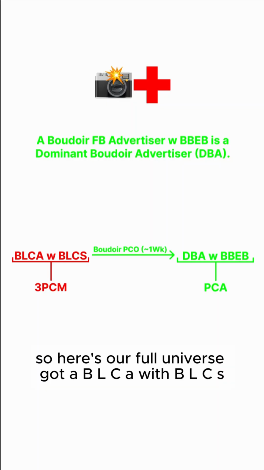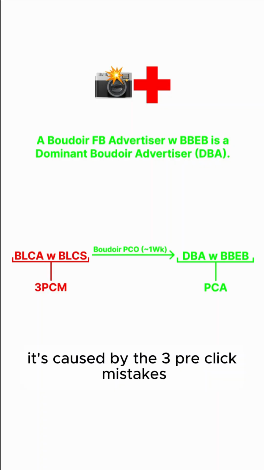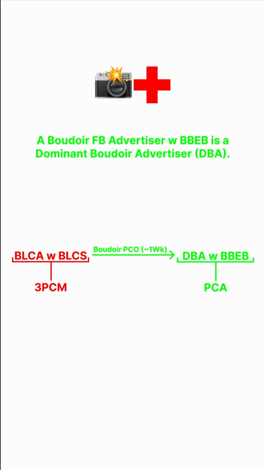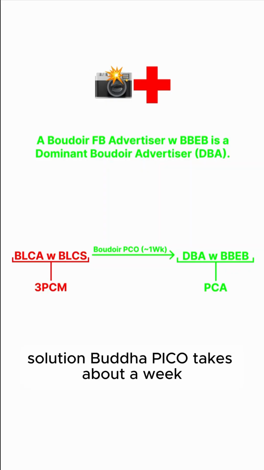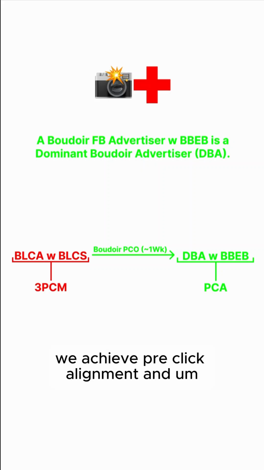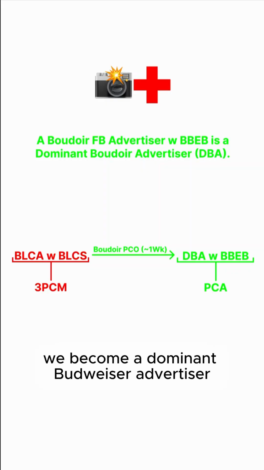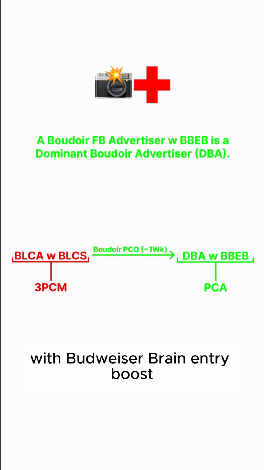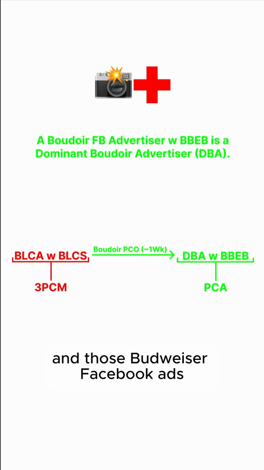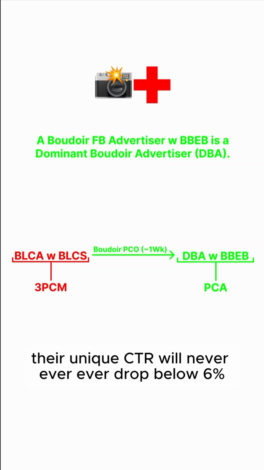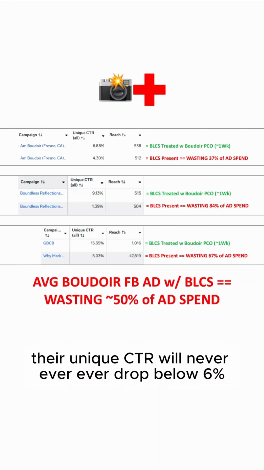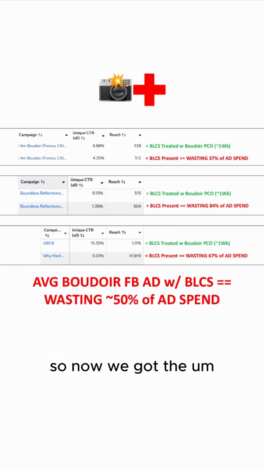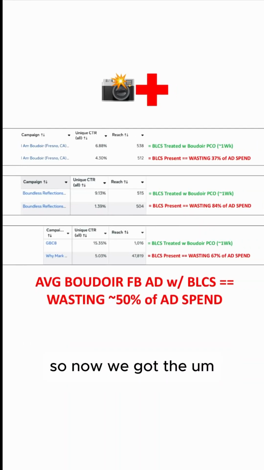So here's our full universe. Got a BLCA with BLCS. It's caused by the 3 pre-click mistakes. Solution, Boudoir Pico, takes about a week. We achieve pre-click alignment, and we become a dominant Boudoir advertiser with Boudoir brain entry boost. And those Boudoir Facebook ads, their unique CTR will never, ever, ever drop below 6%. So now we got the